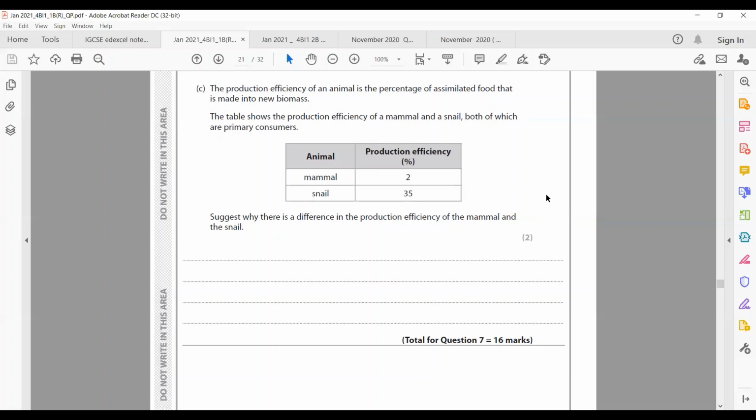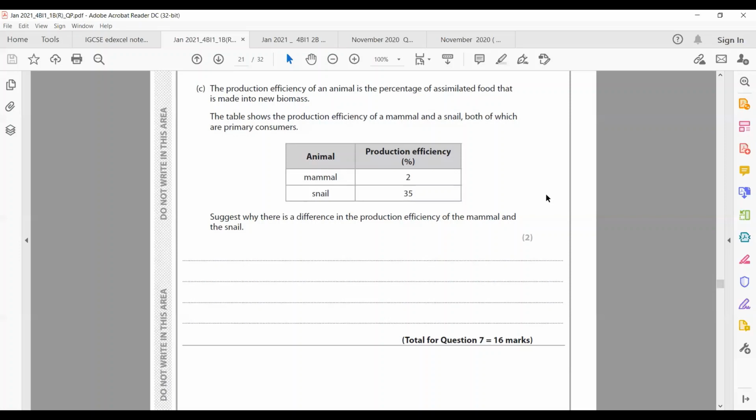فيبقى معنى كده the mammals are using more of the assimilated food than the snails بالتأكيد. فيبقى عندها less energy أو less production efficiency to build its biomass than the snail. لأن المامل بتاكل أيوة أكل كتير أكتر من السنيل لكن it loses great part of the energy taken from food